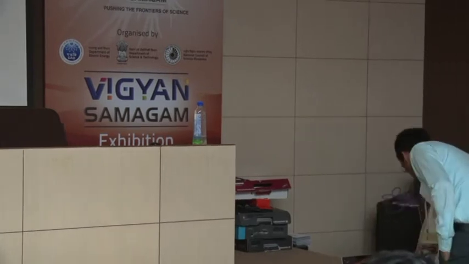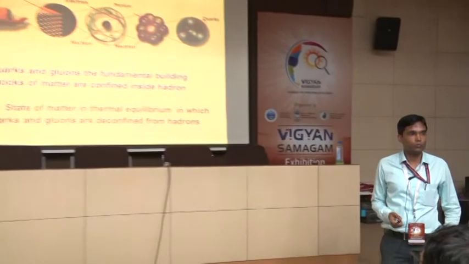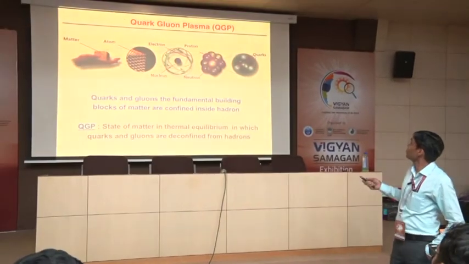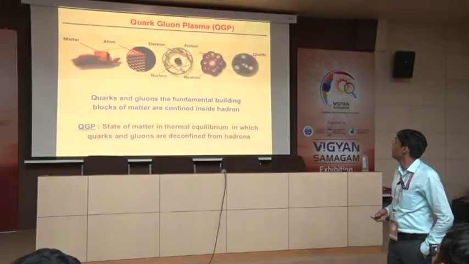Okay. So, there is something called quark gluon plasma, right, and how many states of matter do we know? Solid, liquid, gas, plasma, right. There are 4 states we know in general physics, but then there is a state called quark gluon plasma, and